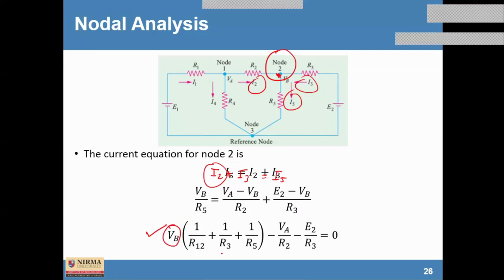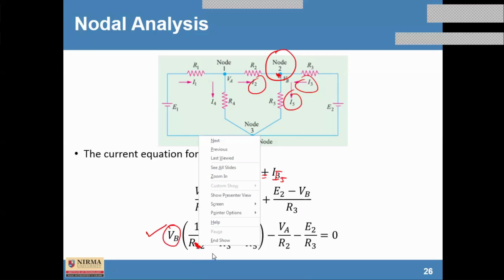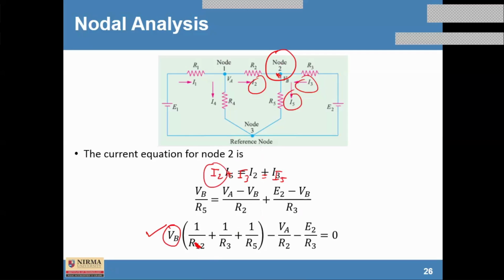Fine. Okay. It could be 2 here. It is written something more here. Only 2. Please consider R2 only. Okay, so what all has come here? One resistance R2 has come, R3 and R5. So R3, please consider this is R2 only. So 1 upon R2 plus 1 upon R3 plus 1 upon R5. Okay, so for the node whose equation we are writing, you can write directly 1 upon the resistances which come across at or are connected to that node.